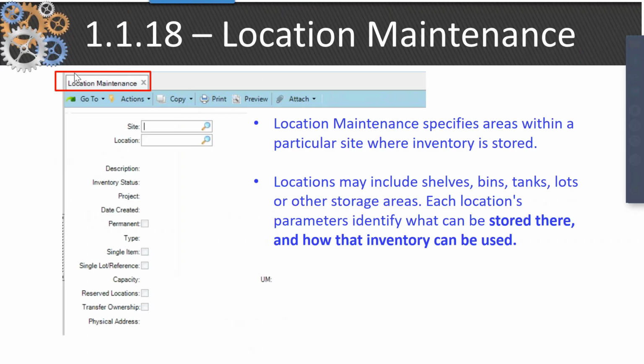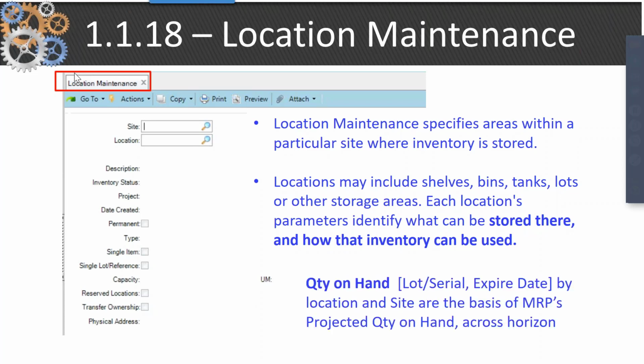And it's stored and defines how inventory can be used at those particular locations. And we'll talk a little bit about that when we get to the inventory status process. But from an MRP point of view, location is critical because that's where your quantity on hand begins. The lot and expiration dates, by location and site, are the basis of how MRP processes the projected quantity on